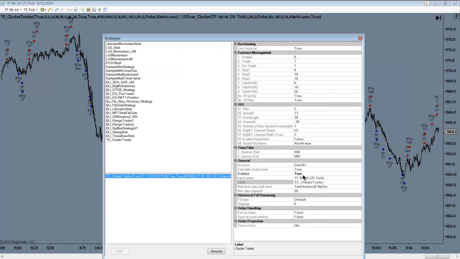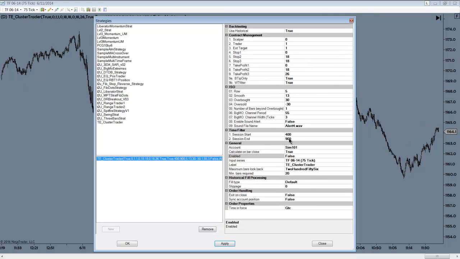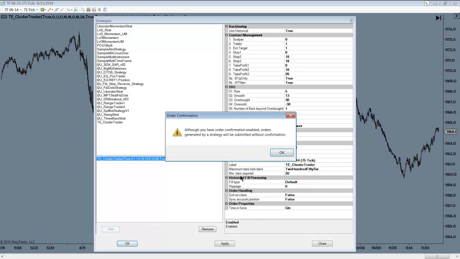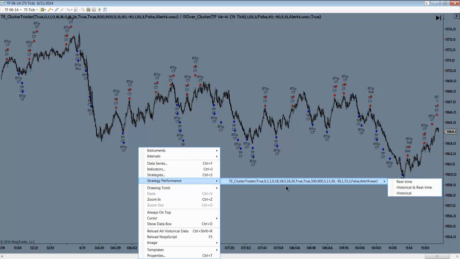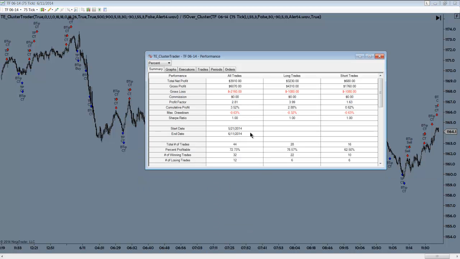So let's do that right now. Strategies, set it to false. Here's this period of time. So he was starting at 4 in the morning my time, 7 Eastern. That's pretty darn early. So let's crank this up an hour to 5 a.m. Look at a 4-hour window there, ending at Chicago Merc lunch. So this is 11 Central, 12 noon Eastern for the end time. Apply, okay, and then false goes to true, okay, okay, and there's the new stuff, and there's 39.10,